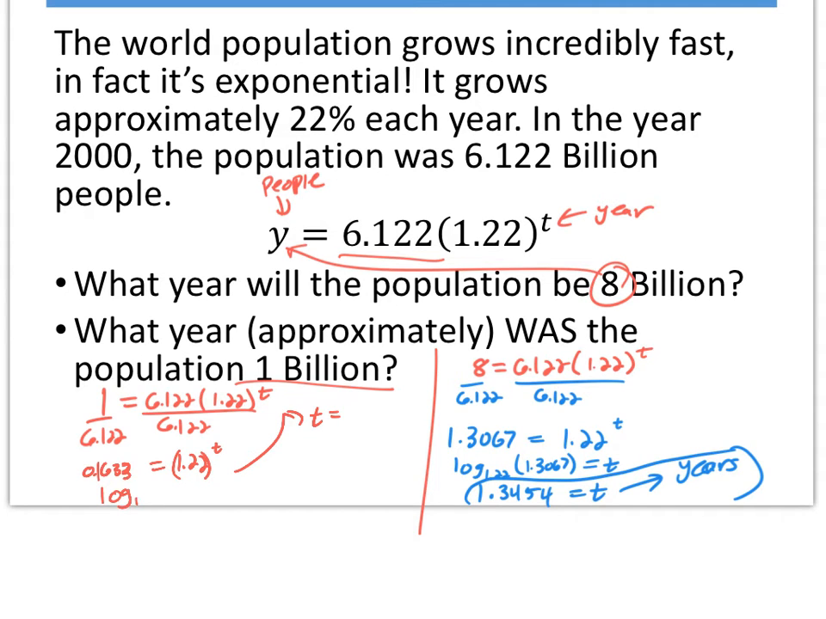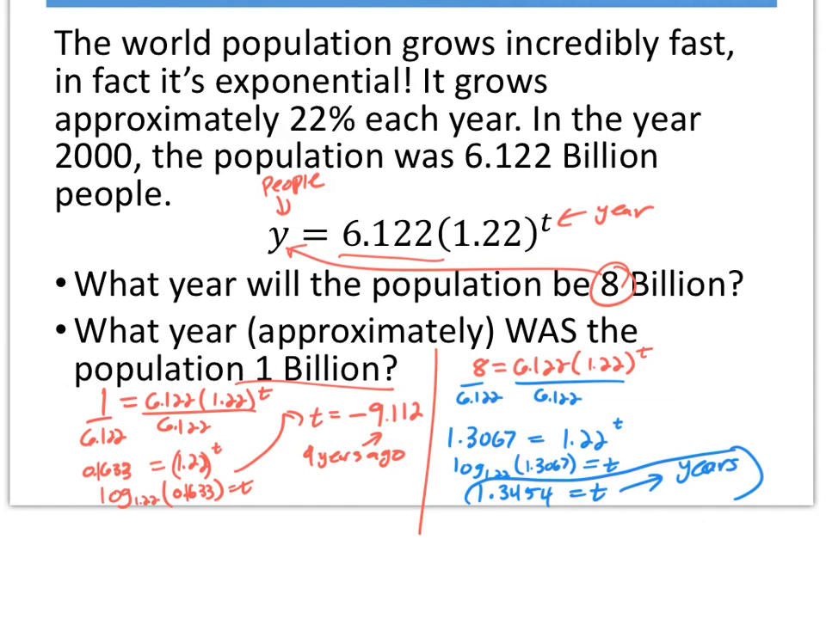Log base 1.22 of 0.1633 equals t, and t is going to equal negative 9.112, let's call it. Well, that doesn't make sense. That means that only 9 years ago, in 1991, was it a billion people, which is not true. So this is 9 years ago, so that would be